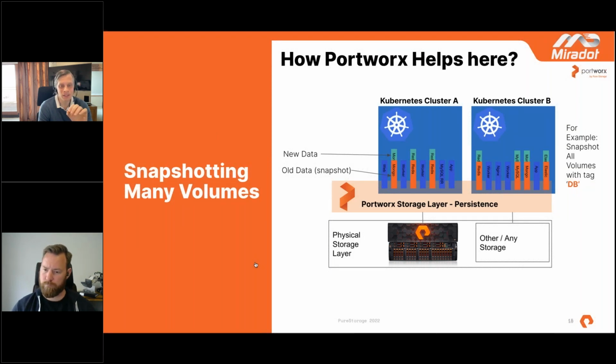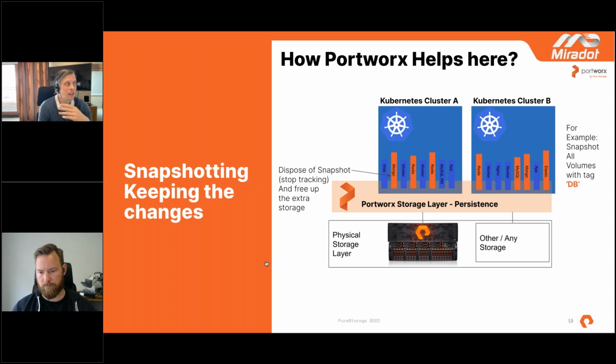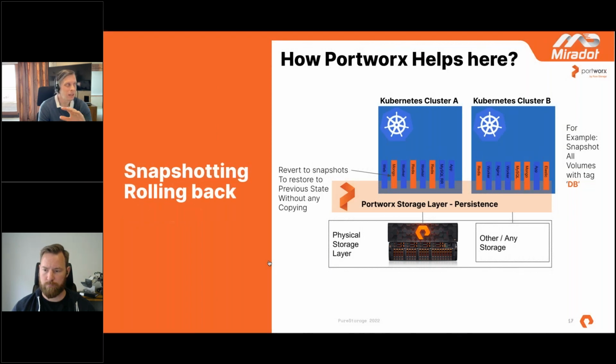What this enables us to do is to either accept those changes, remove the snapshot, and stop tracking it because it uses up storage, or we can roll back to the point it was before we started. And if you imagine how useful this would be in a failback scenario, where you've rolled something out, you've got some user feedback and it's caused a problem, you can then roll back pretty immediately because you have the ability to go back. Now, you can do similar things with a backup, but in a backup, you're moving data, and this is a complement to a backup, I see. And we see this snapshotting used a lot.